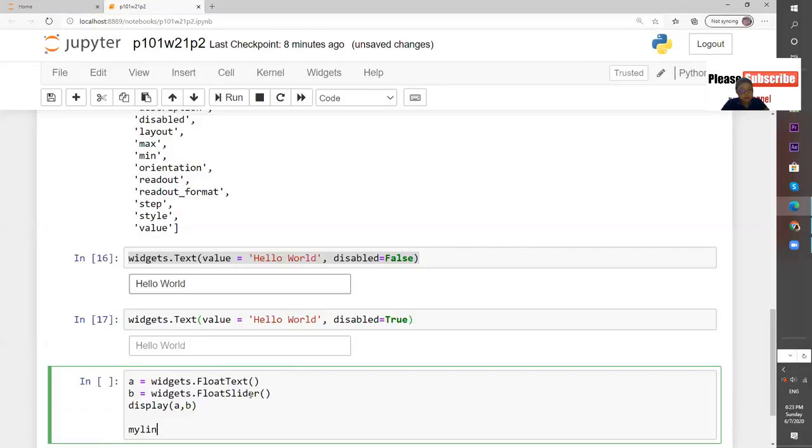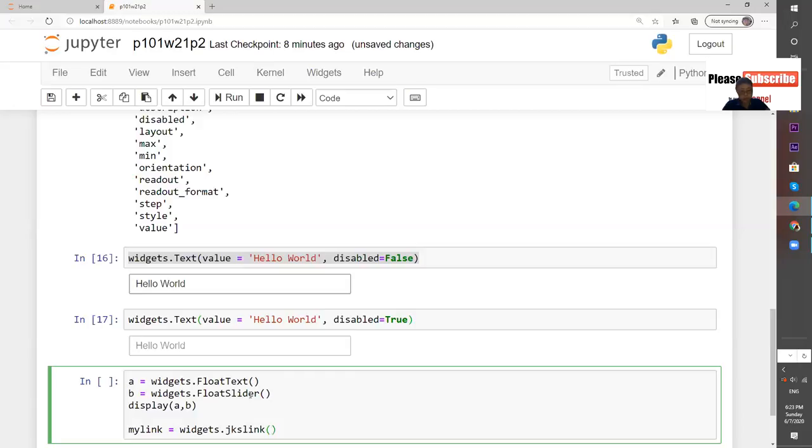Now we're going to do my_link equals widgets.jslink, and then you do a